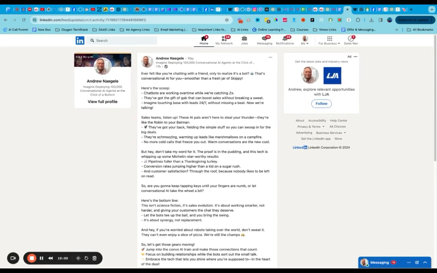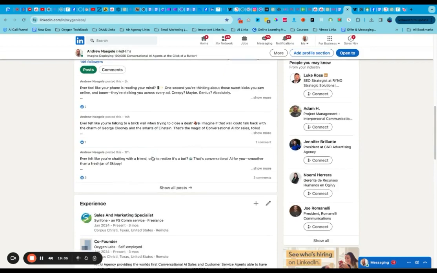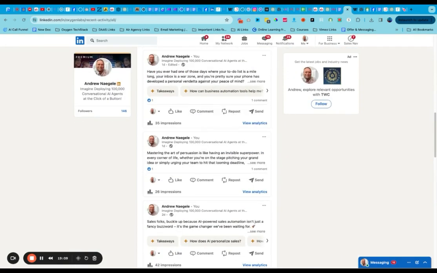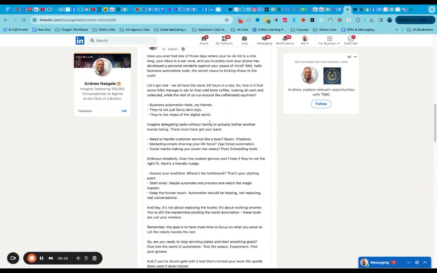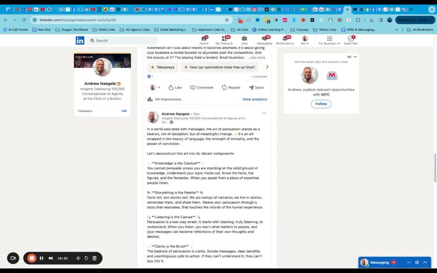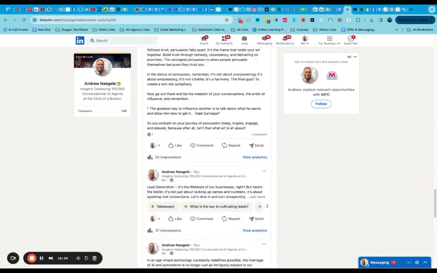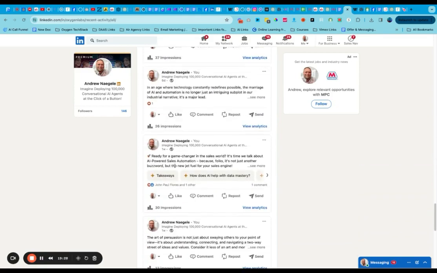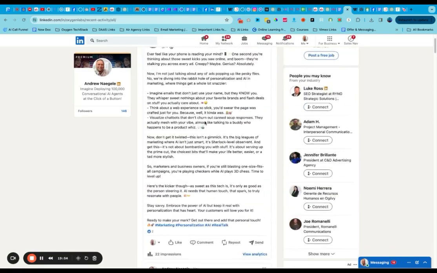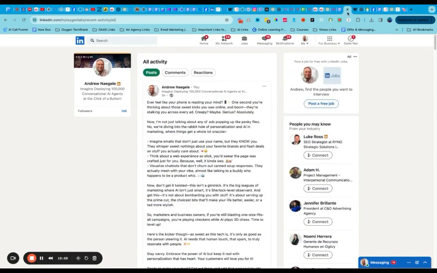So, for instance, just to show you guys, if we go back to some of my older posts, I had some places where it wasn't hitting 100%. It was creating these stars and everything. It was too long, but it was decent content. I actually have some engagement on several of these. I've got that all fixed now. It's all working great. Everything sounds and looks awesome. I'm pretty impressed with it.